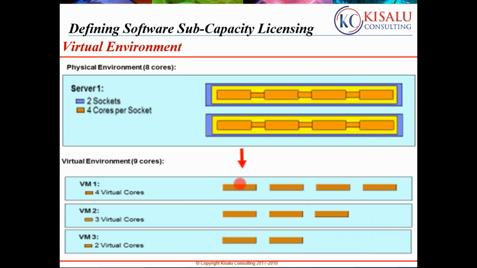So IBM allowed people to do that, and they made it conditional that you install ILMT, so that ILMT will be able to inform IBM on how many cores you have used over a certain period of time. The possibility here is that because the software is being licensed per core,